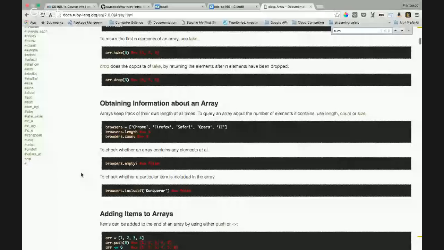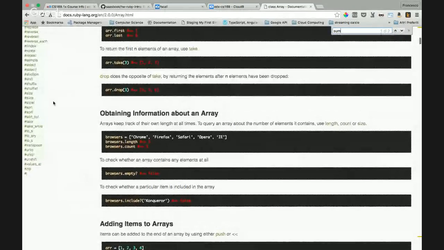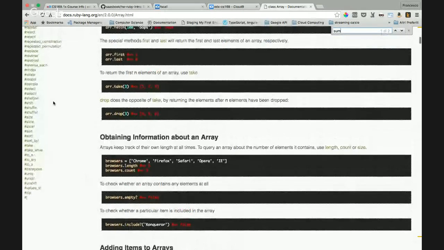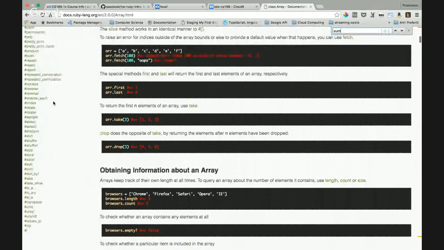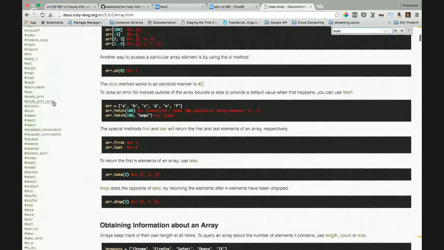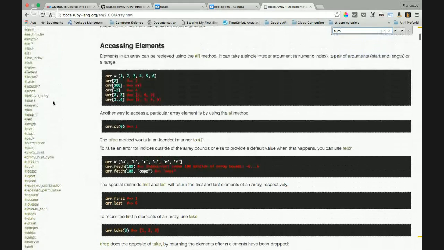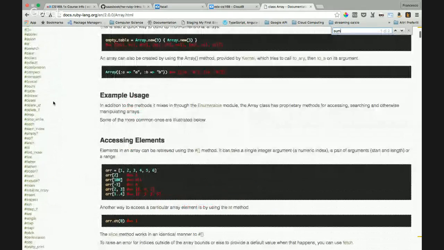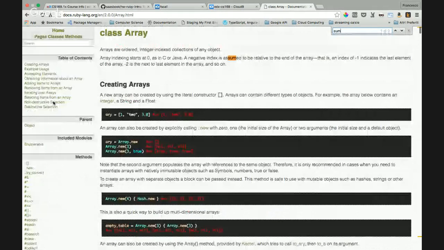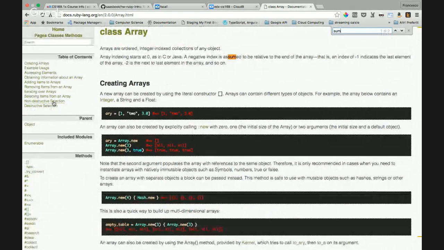Let me check in Ruby doc. Array class. No, perhaps it's in the collection because the array inherits from collections. Okay, let's do it with inject.